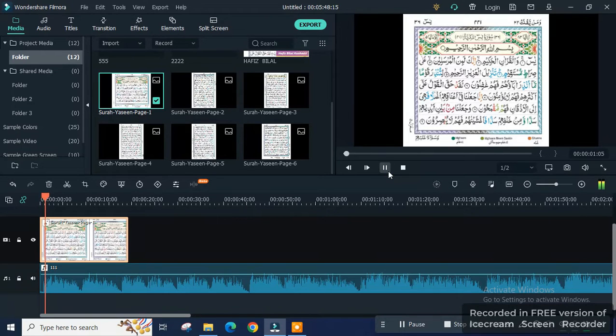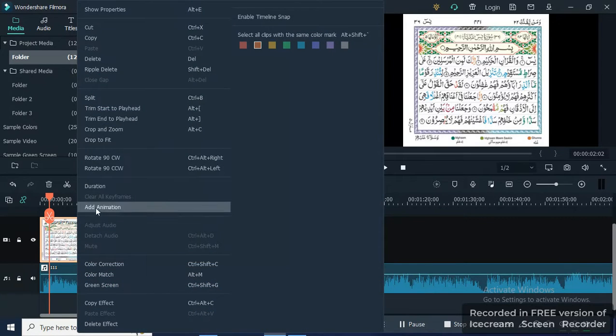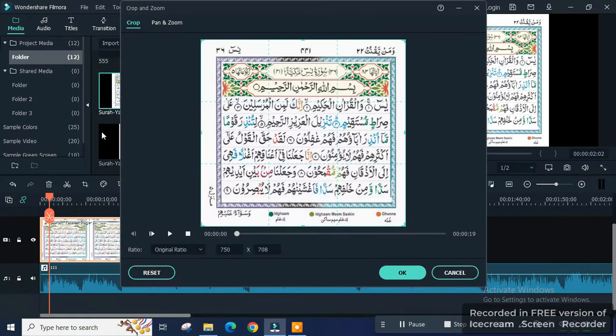So how to make it scroll? Click on it, right click on it, and from here you can see crop and zoom. Click on it, and from the bottom choose original ratio, click on it and set this. Now click on pan and zoom and start from the top, and